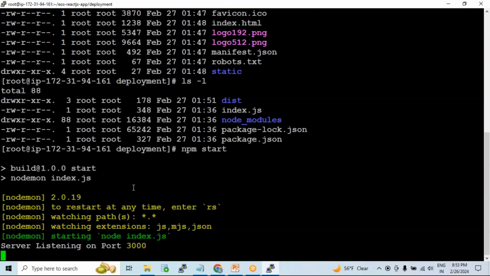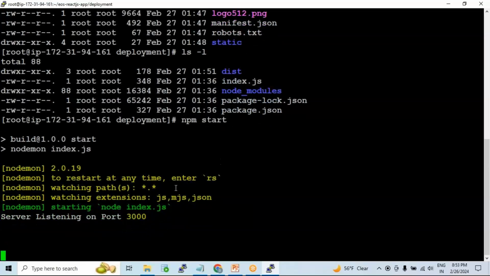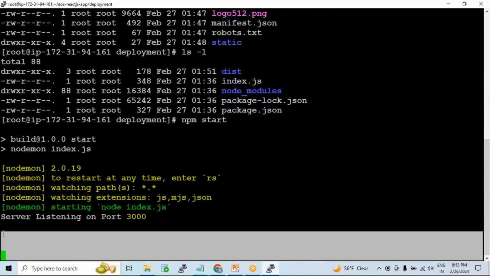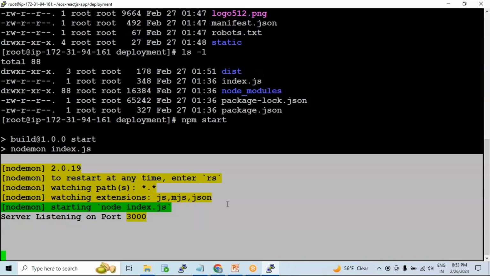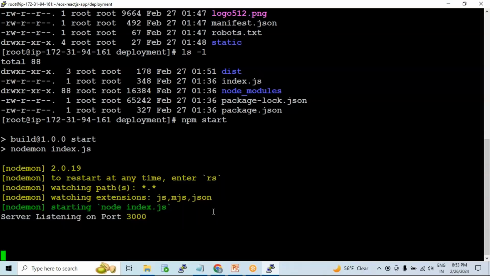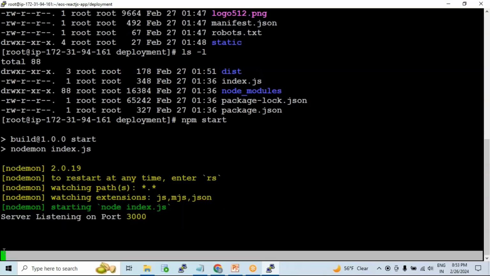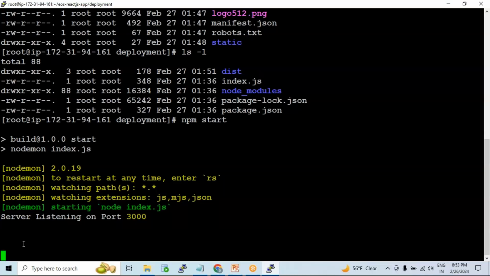So currently I would say that the npm start command is starting the application, but currently it is starting the application in the foreground process. You see that I'm not getting the shell prompt, right? That means it is currently running the application in the foreground. Of course, that's not the ideal case. You should run it in the background only. But for now, I'm just showing the command how to run the application,